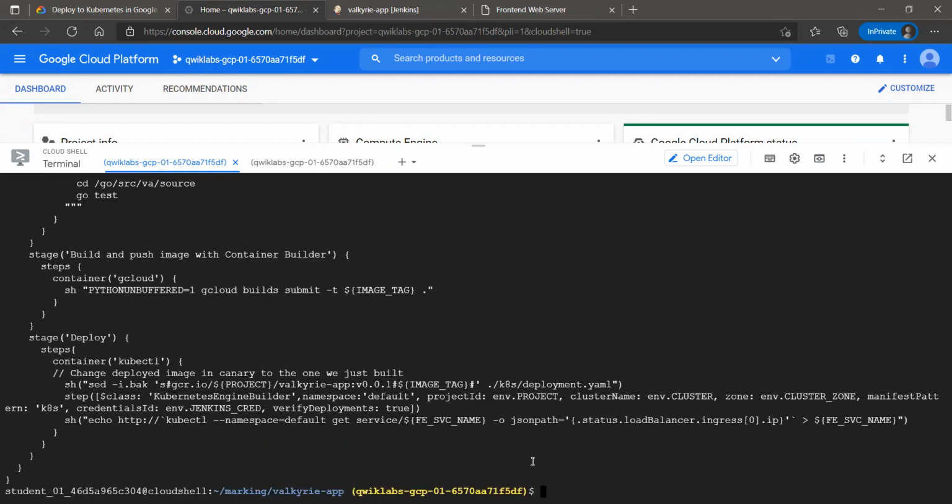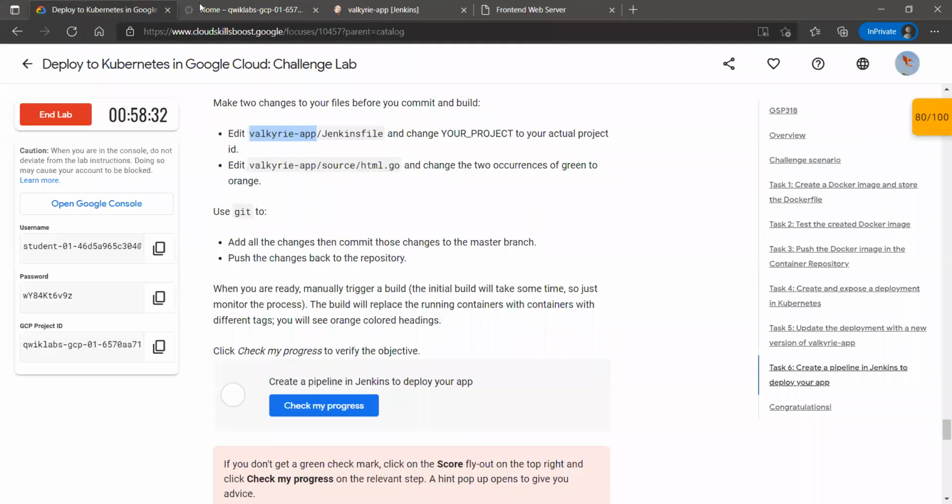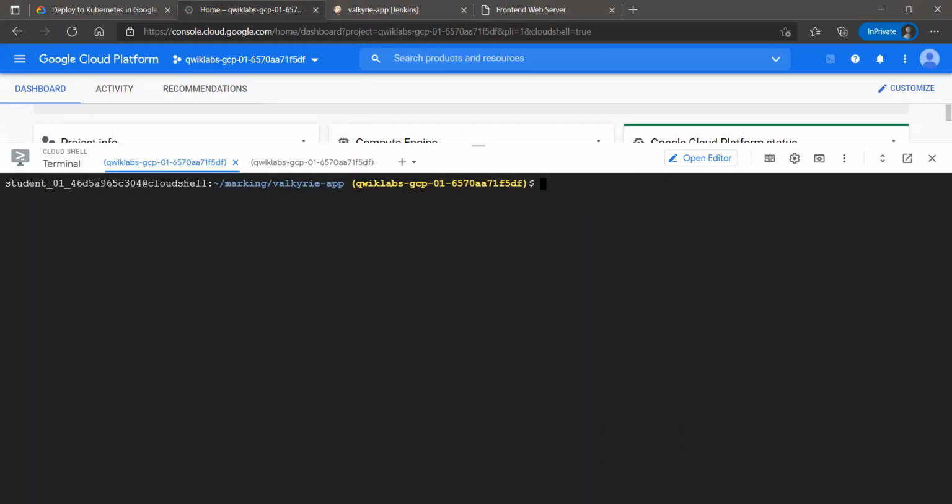Now we simply need to commit these files to our master branch. For that, first clear up the console. Now let's configure firstly our Git.